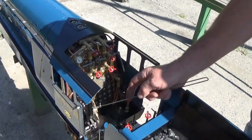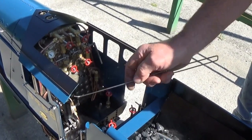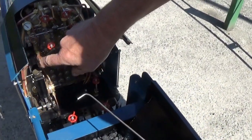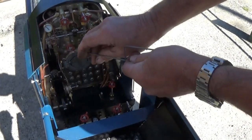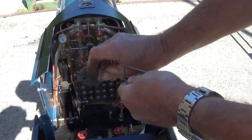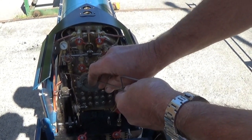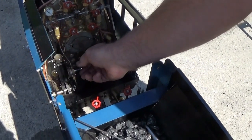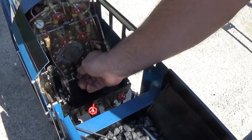vertical Gresley reverser. Screw it clockwise, goes into forward gear, anti-clockwise is reverse gear, and there's an indicator which is black painted so you can't really see it at the moment, but there's an indicator there for full forward and full reverse gear. Then the steam brake valve is there, rear is off, turn it forwards it puts the brakes